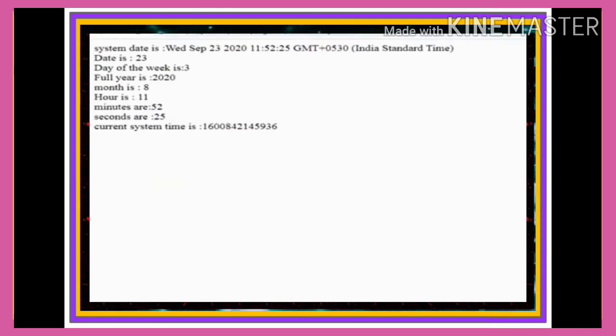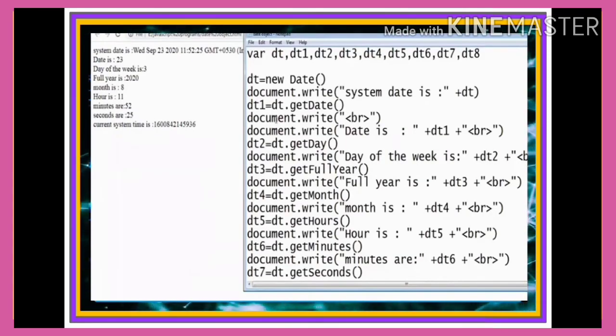So output will change as per the current date and time. So here we are using the different date methods to get the different outputs respective to current date and time.